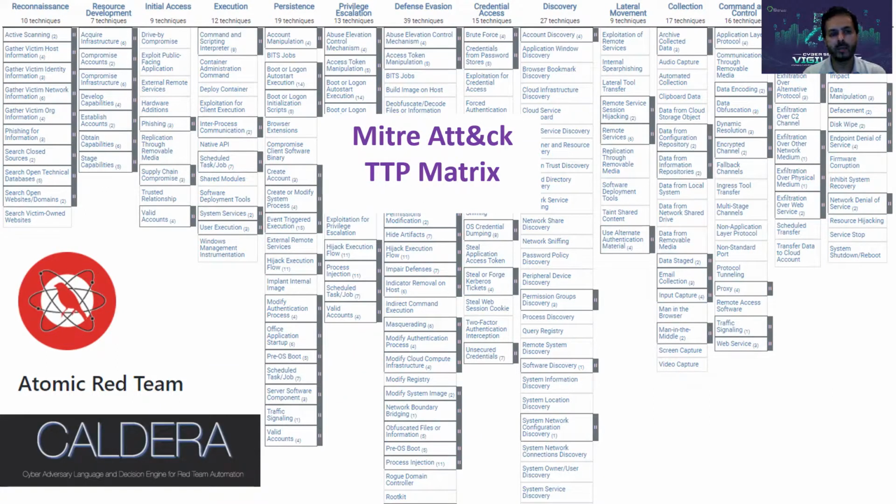So the MITRE ATT&CK framework basically defines tactics, techniques, and procedures seen out there in the wild. So it's not hypothetical, they're real. You can see at the top the various tactics that are defined, such as initial access, persistence, privilege escalation, and then within each of these tactics, you have the various techniques used by the attackers, and when you drill down further, you'll see the procedures that they use, and then you can also see detection mechanisms and mitigation actions you can take.